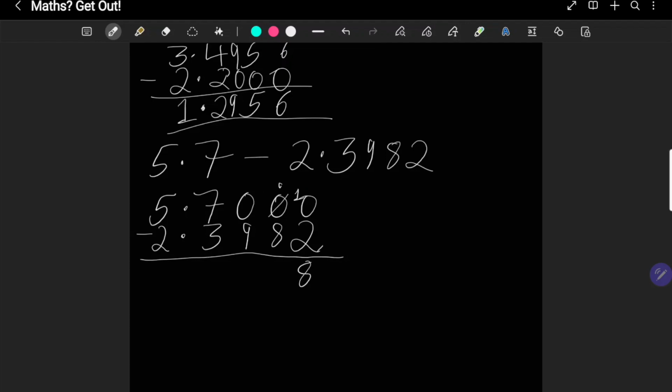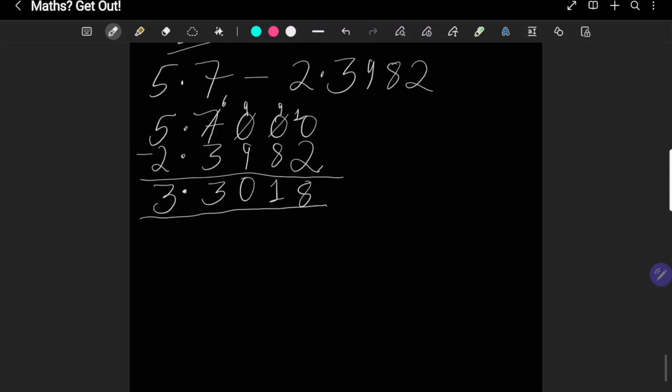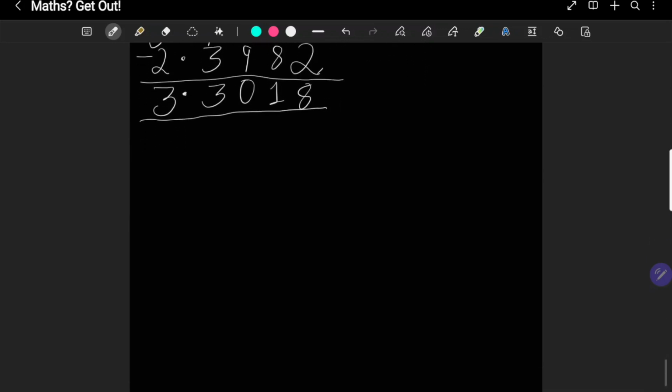This will become a 9, and so will this. 9 minus 8 is 1. 9 minus 9 is 0, and this will become a 6. 6 minus 3 is 3, and 5 minus 2 is also a 3. 3.3018. That is fabulous. Okay, so that is addition and subtraction done. Let's move on to